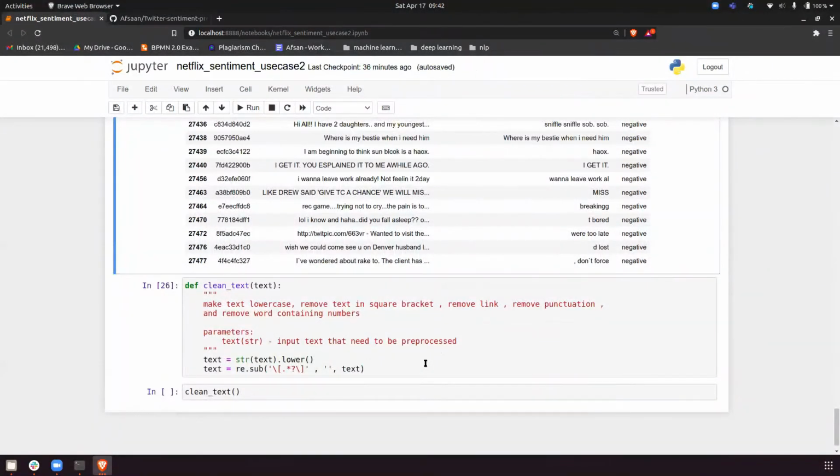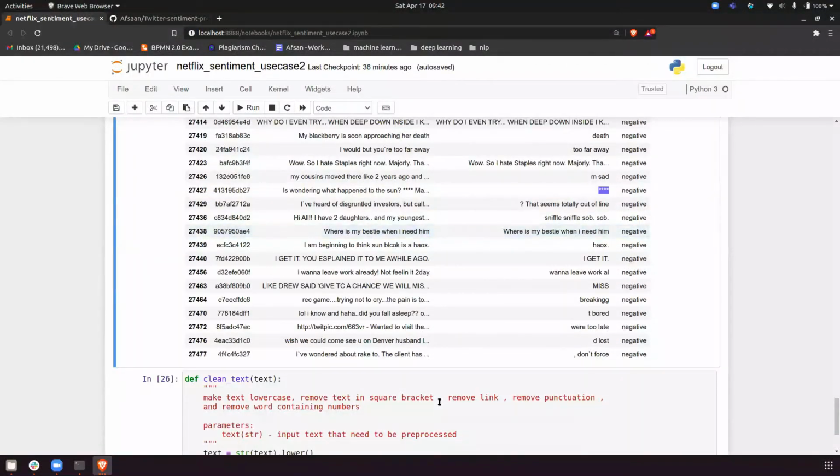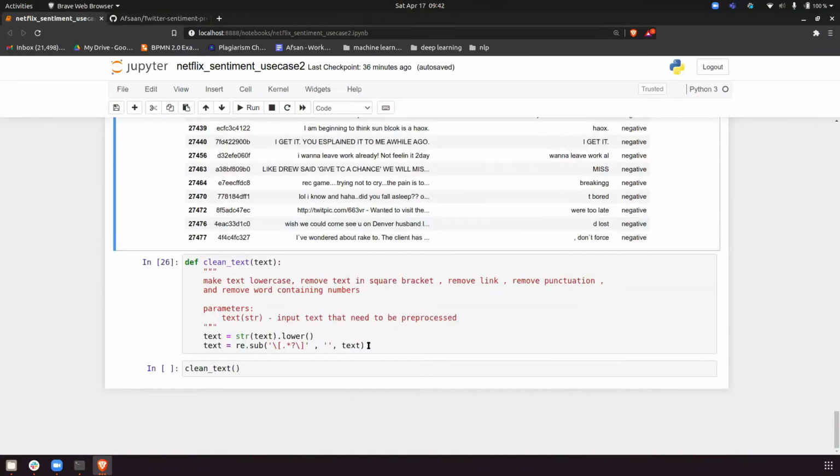So after cleaning the data, again you have to analyze everything. You have to check df.info, check for null data or something like that. Because many things get changed after doing the pre-processing, you have to analyze the data again and check whether what you have done is correct or wrong. If any other things are there, then we have to clean that text again.